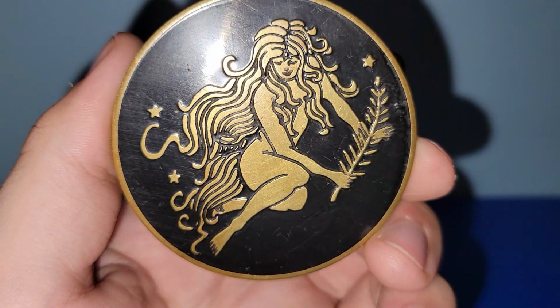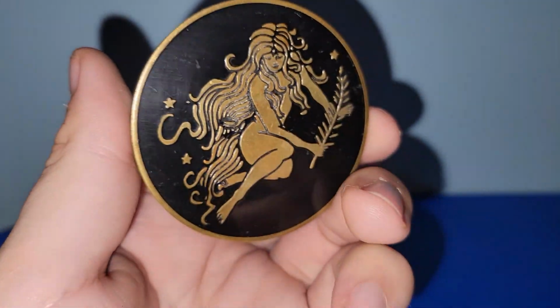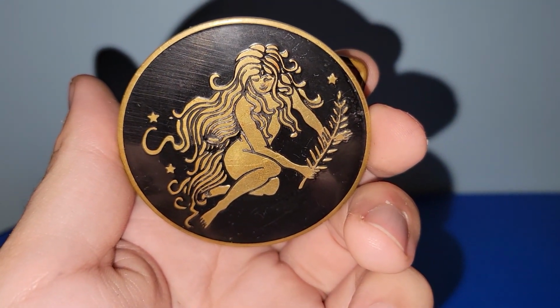Alright, we're getting down to the nitty-gritty here. I'm just going to show you 2 more pieces, and then that'll be it for the haul. This was really cool. I did pay about $8.06 for it. I believe this is from the 1970s, and it's one of those Zodiac